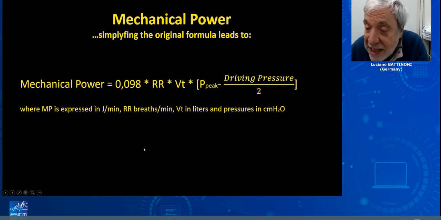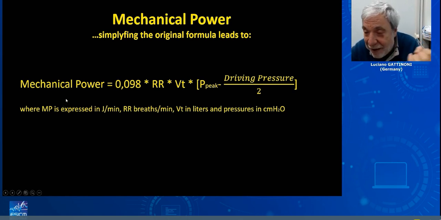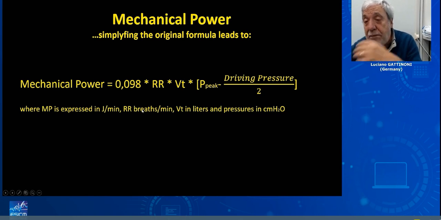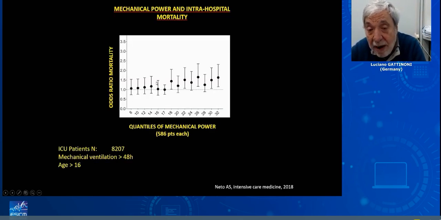So don't ask me, is the driving pressure better or is the mechanical power better? It doesn't make any sense. Driving pressure is part of the mechanical power. The mechanical power gives you the complete picture. And all this data can be displayed on a ventilator easily. And in some places it is already done. And when you have something greater than a certain usually magic number, here 17,